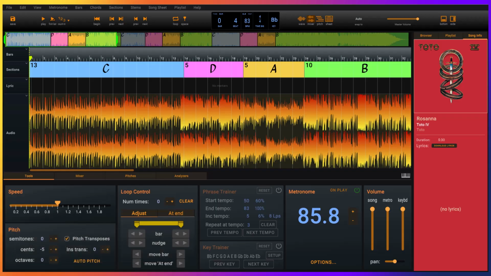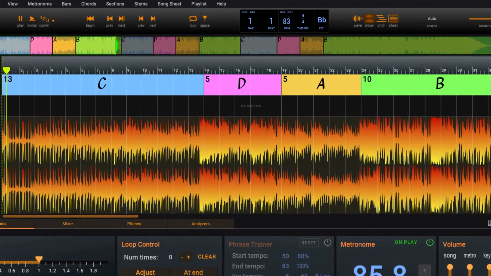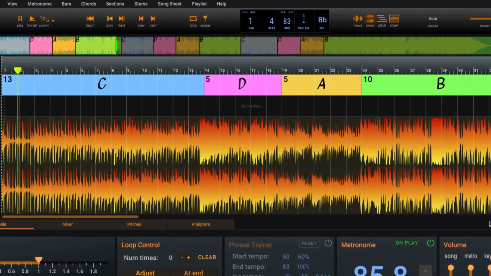Songmaster detected the tempo as 83 beats per minute. Let's enable the metronome and listen a bit. This seems reasonable, however the song can also be felt in double time at twice this tempo.